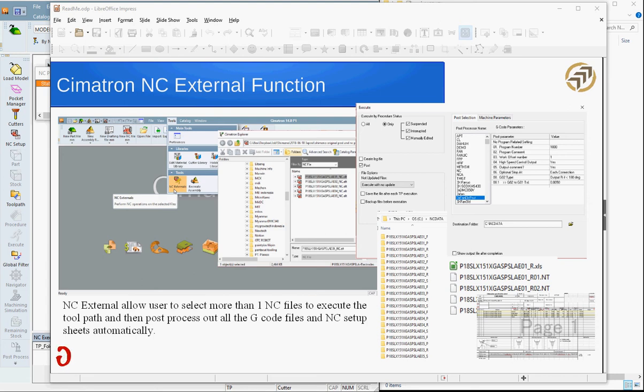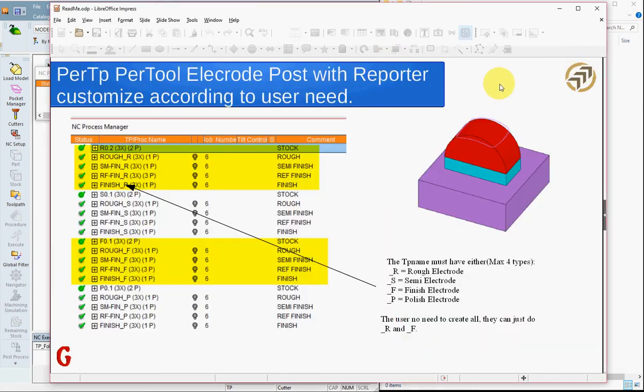I'm recording this video to show you how to use the Cimatron NcExternal functions to automatically calculate your toolpath and post out the G-code and NC setup sheet automatically. And as we know, for each electrode file designed,